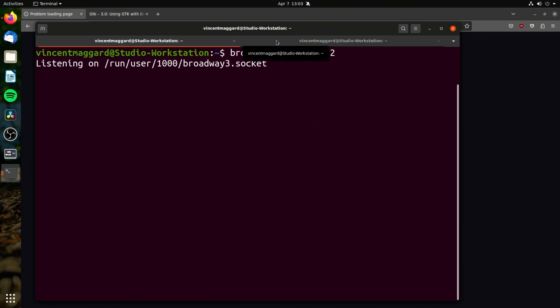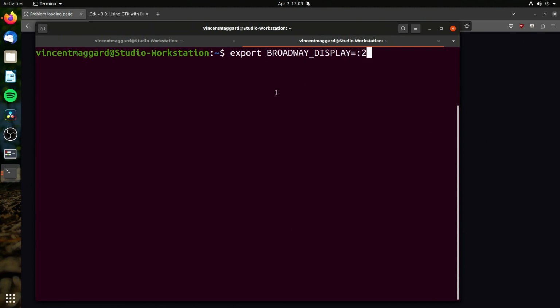Now if I come over to my other terminal to actually run an application, I tried this once before and had a problem, but I'm going to set up some environment variables that it requires for the application to run. In this specific session only, I'm going to set an environment variable of GDK_BACKEND equals broadway. That tells the application that's what we're going to use to render it. That's my understanding. So we're going to export this, so that sets it as an environment variable. Okay, and then we've got to set one more.